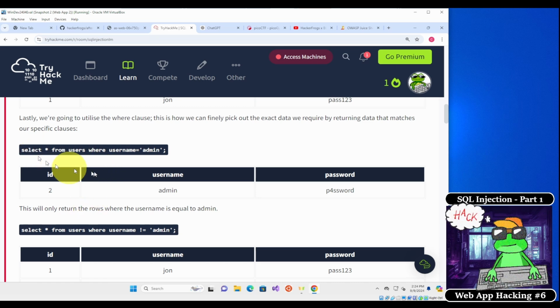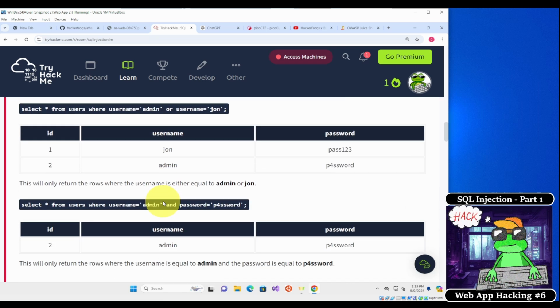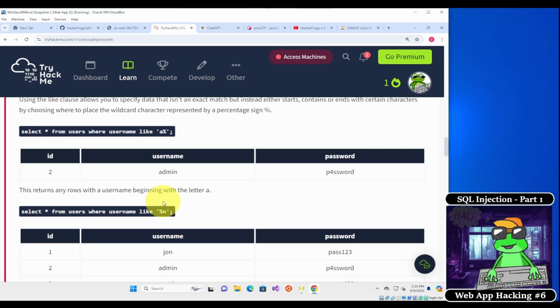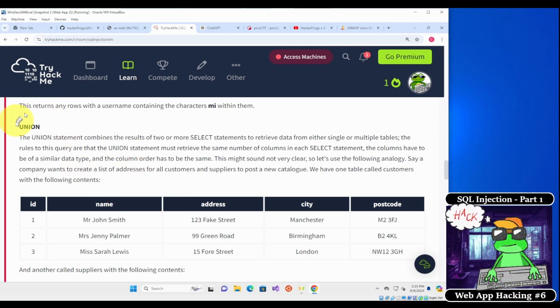And we can also do more specific queries with the where filter over here. So select all columns from users where the username, the name of the column over here, has admin in it. So this is what we get if we give this kind of query. But let's skip over a little bit. And this is a concept that we're going to be using in today's